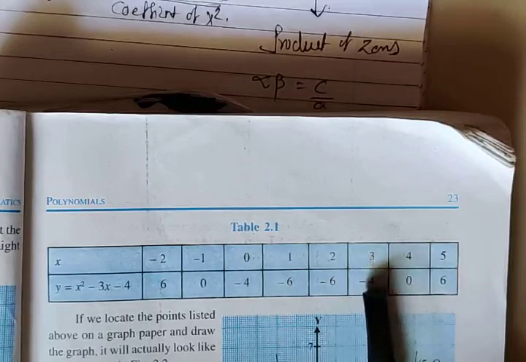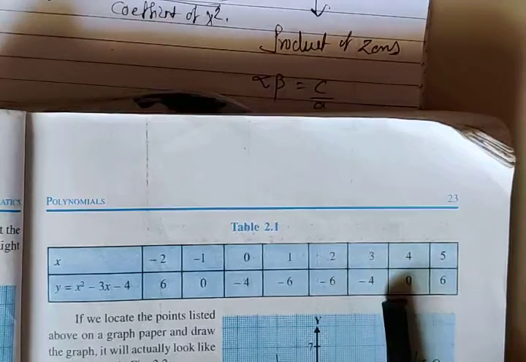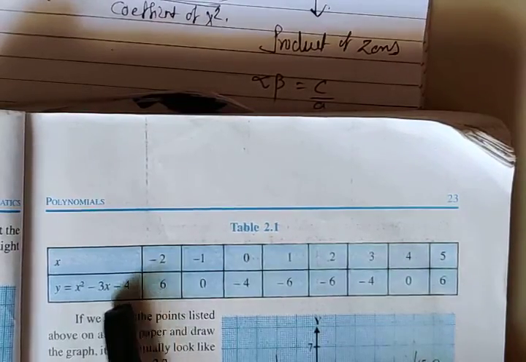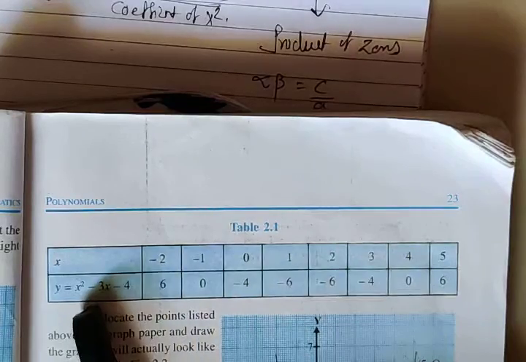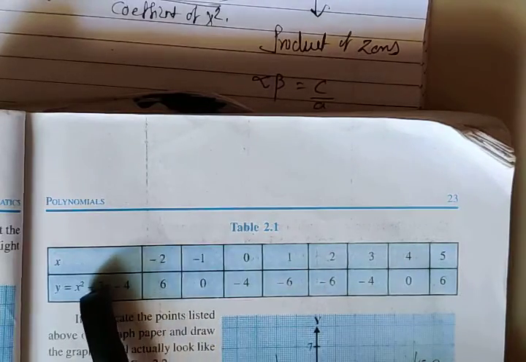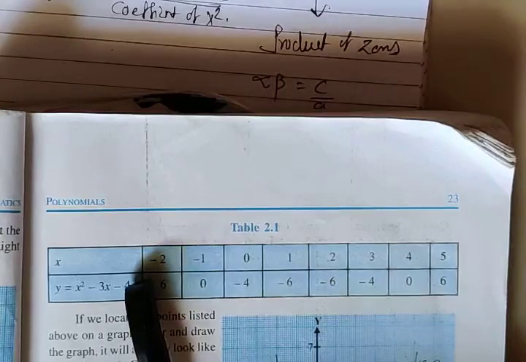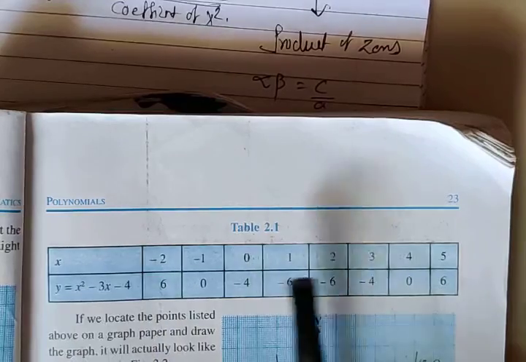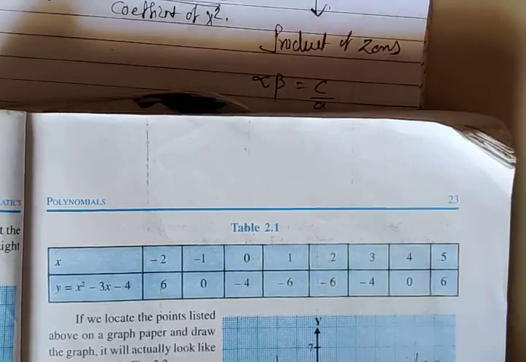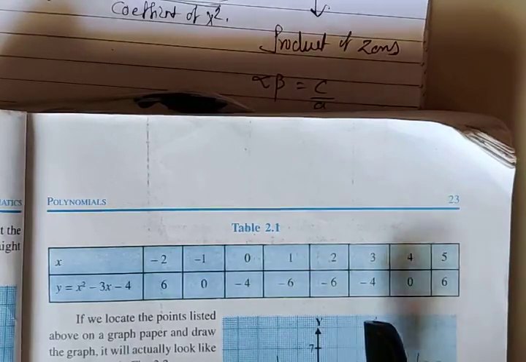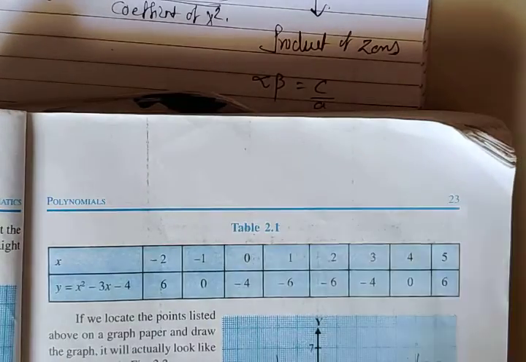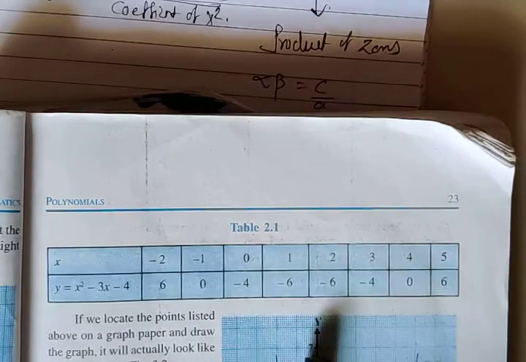3, then once again on simplification value is going to become minus 4. 3 लगाएंगे 3 का स्क्वायर 9 माइनस और 3 3 जा 9 that is minus 9 and 4 तो minus 9 minus 4 that is going to become minus 13 and 3 square that is equal to 9. So you will get the value is equal to minus 4. If you have any doubt in this, please solve it out separately. It is very easy. Usually they are not asking in the exam to plot the graph, but you should be aware about the nature.